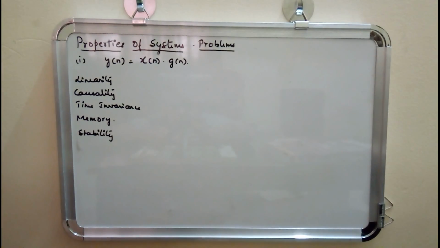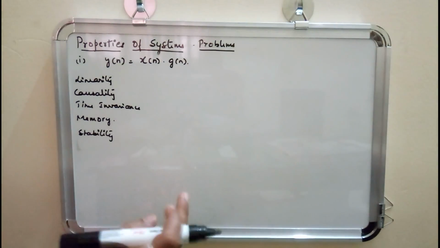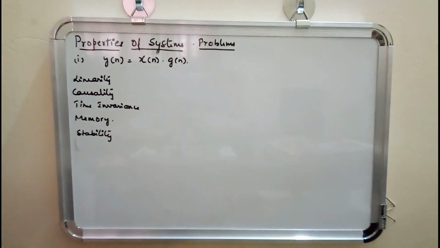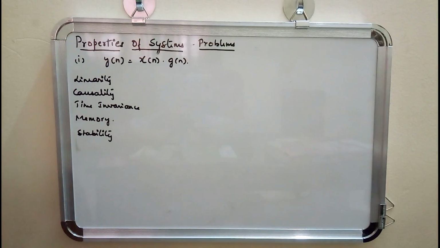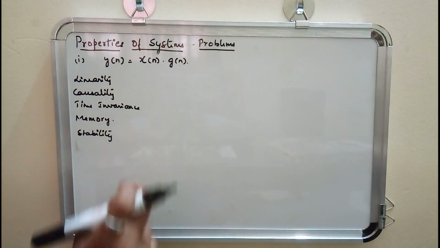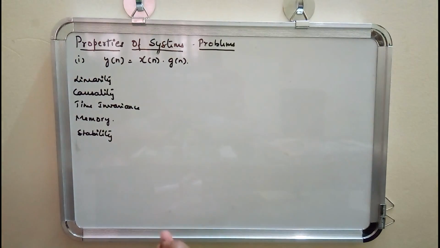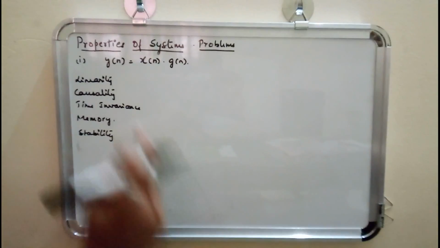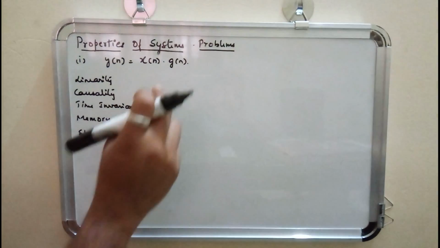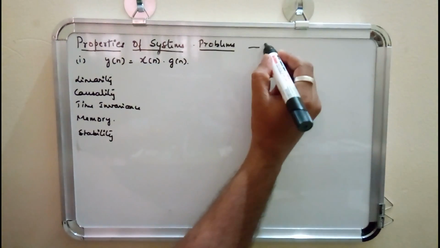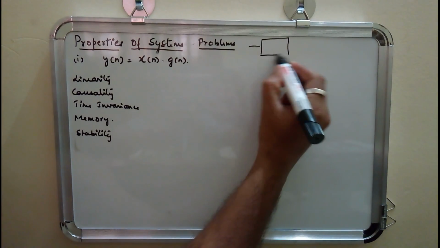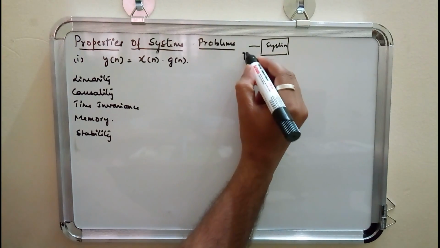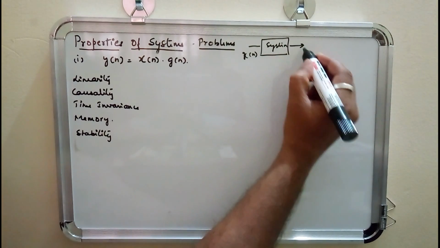In this video, we'll be solving some problems under the head properties of systems. And we have the first problem here, which is defined by the input and output relationship y of n is equal to x of n into g of n, where x of n is my input, y of n is my output, and when x of n is given as an input to a system, I get output as y